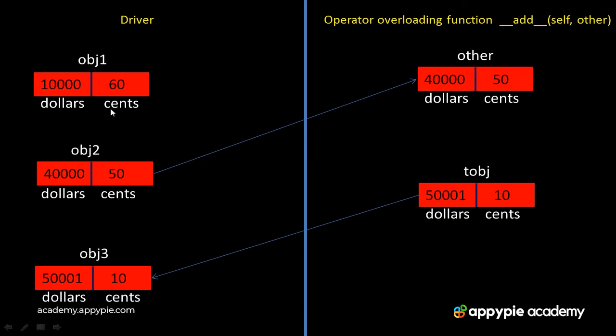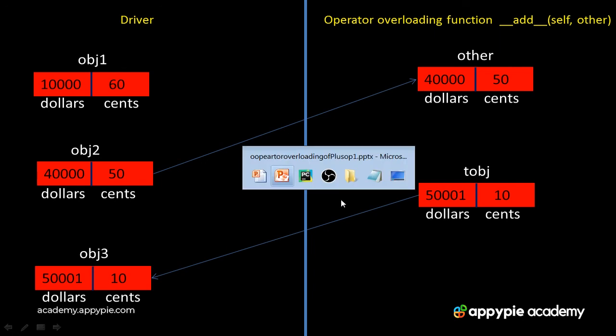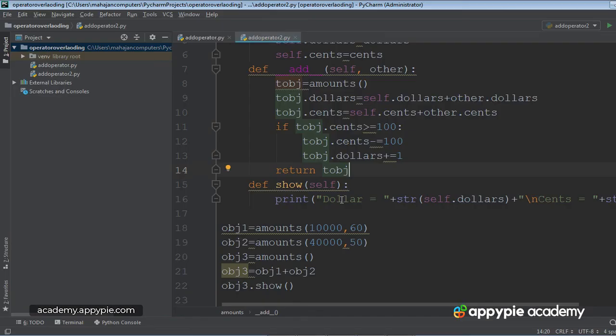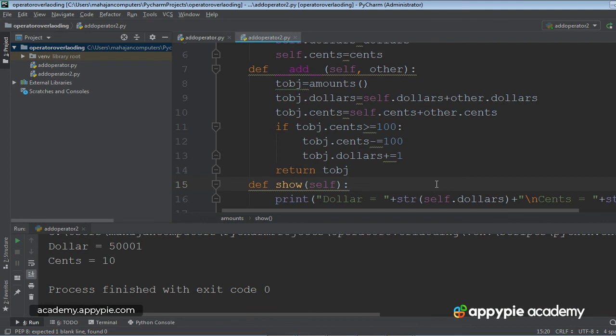Again, I would like to show you the diagram. This is the diagram: obj1, obj2, obj3. You can make this diagram in your notebook. Let's go back to the program and let me execute it. Control Shift F10. Yes, this is the result. Dollars is equal to 50,001, cents is equal to